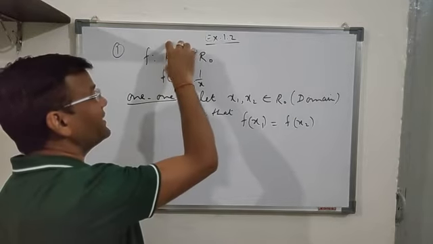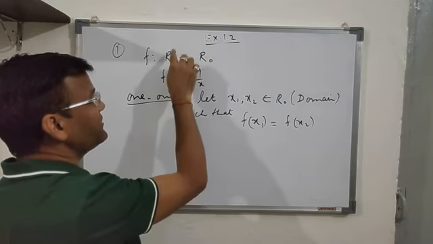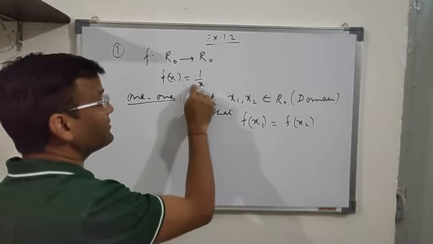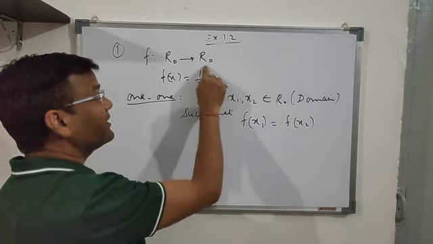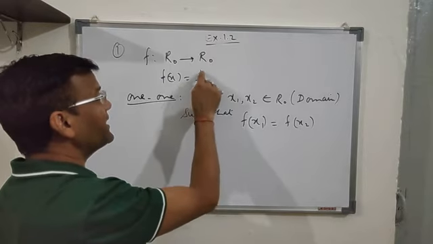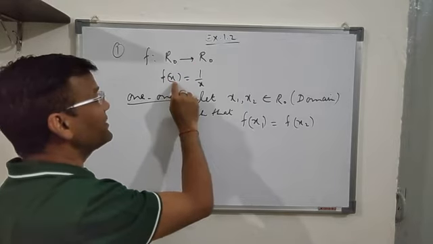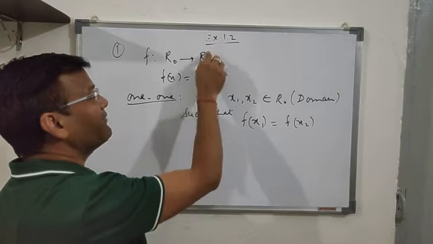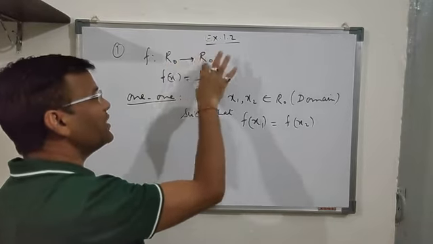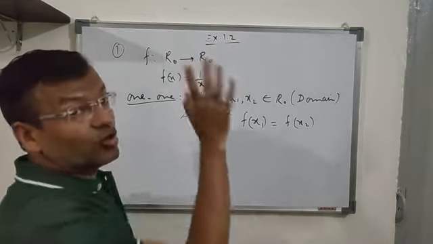See, some elements will be there in the domain. For that element, if I have to use this definition, suppose I say f(5), what is the value of x? This is the domain, and the result, whatever you are getting, will be there in the codomain. If I take the image of 5, you will write it as 1 upon 5. 1 upon 5 will be here in the codomain. If I say f(-2), its value will be 1 upon -2, lying here. So you have to take the elements from the domain, and whatever result you get by applying this function will belong to the codomain. So that is the way.